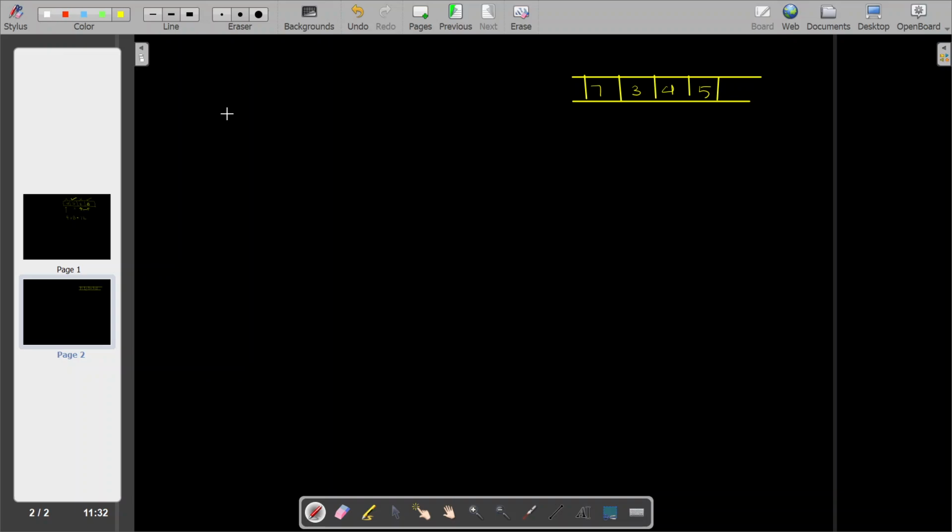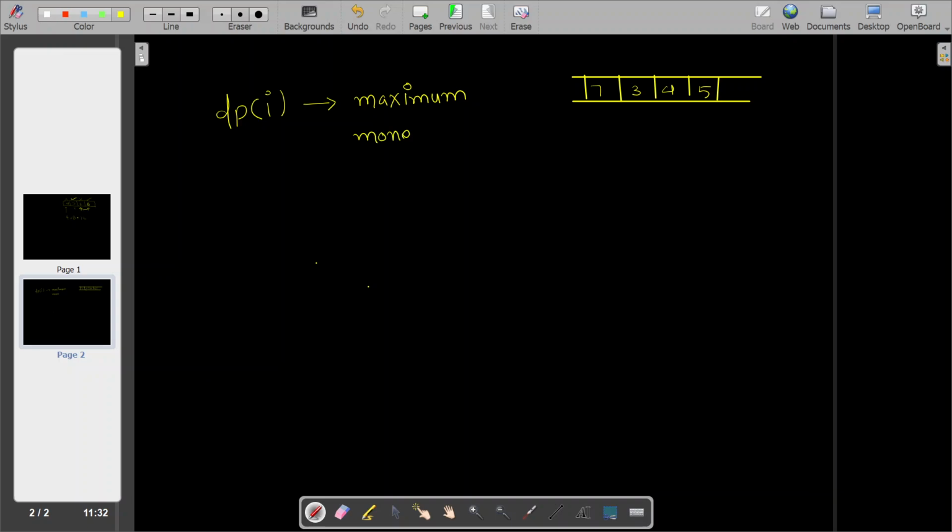So we will define the state of DP. Like what does DP of I tell? This is the very important part. You always have to state the DP, like what DP of I means. DP of I tells the maximum